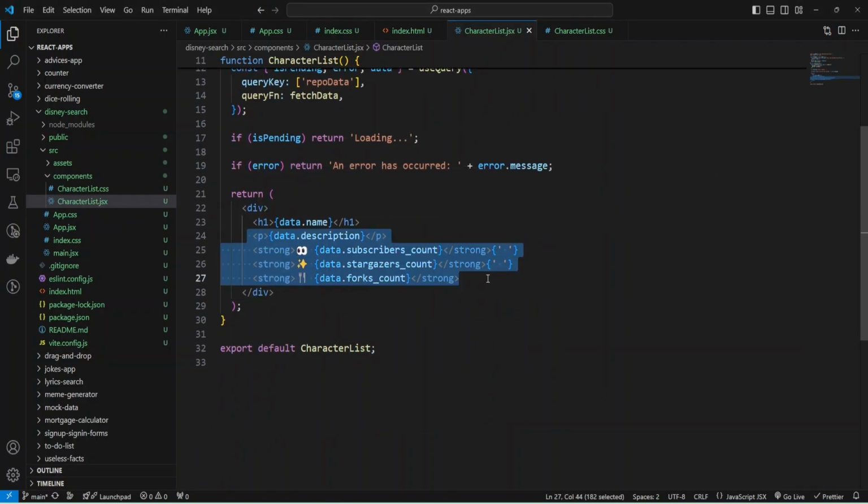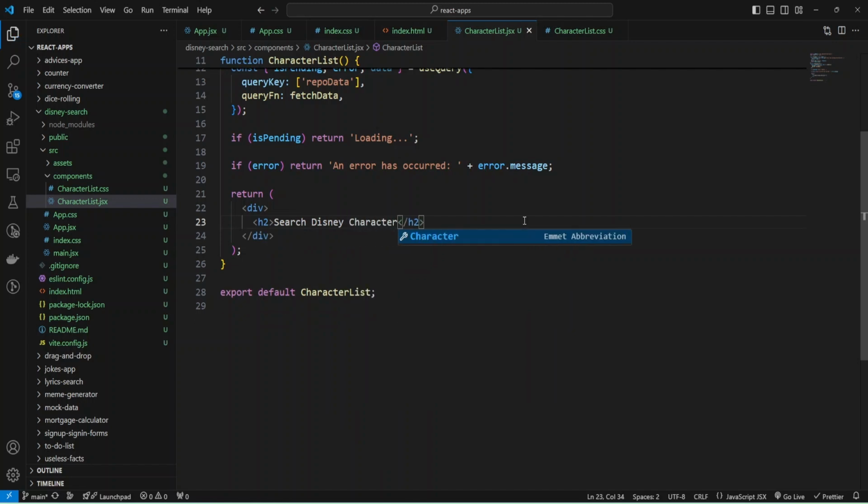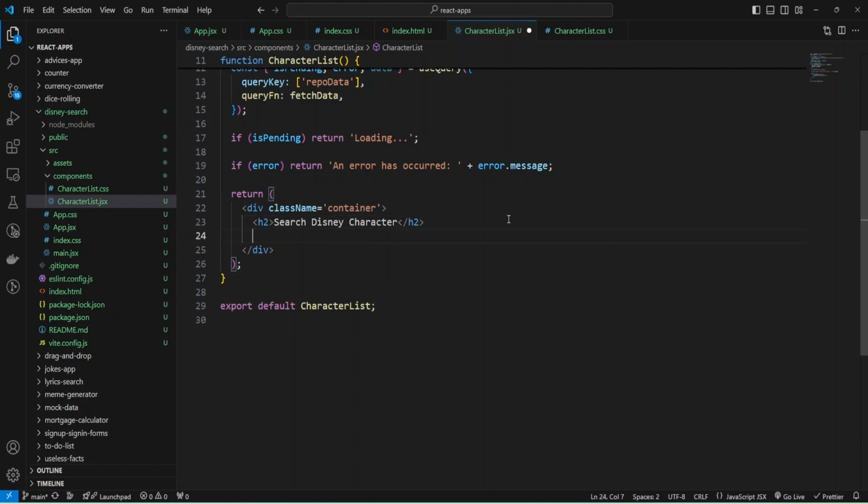Let's change our JSX to show the data inside our page. I'm going to remove this code and provide an h2 tag, and I'm going to provide "Search Disney Character", and also we can add className as container to our JSX, and let's generate our data.